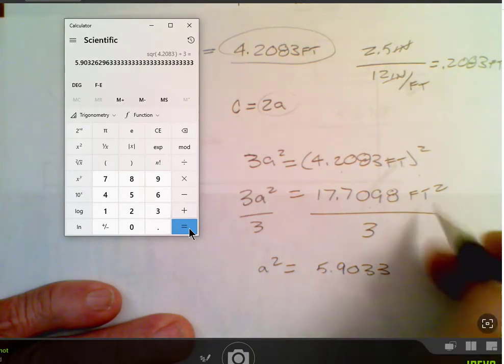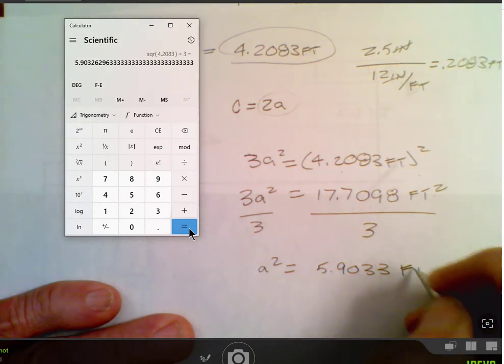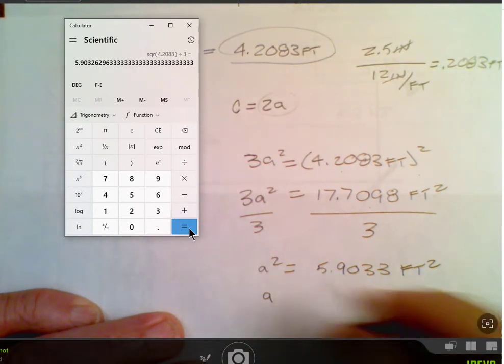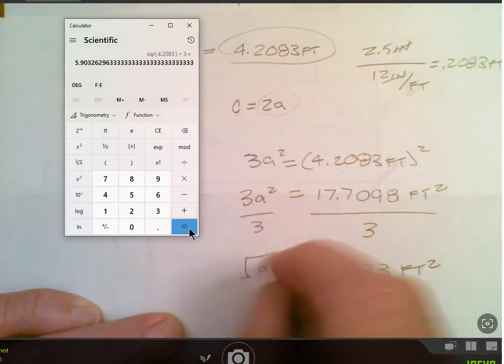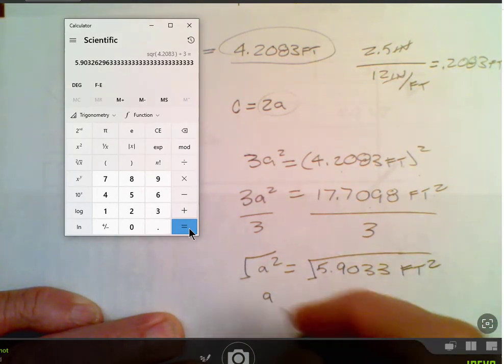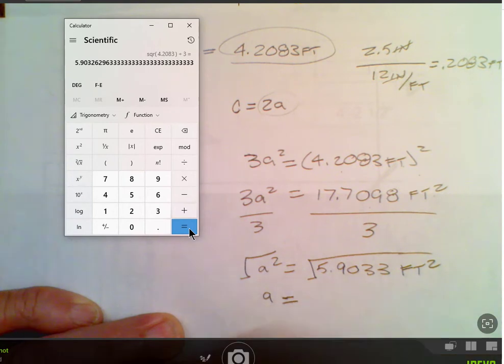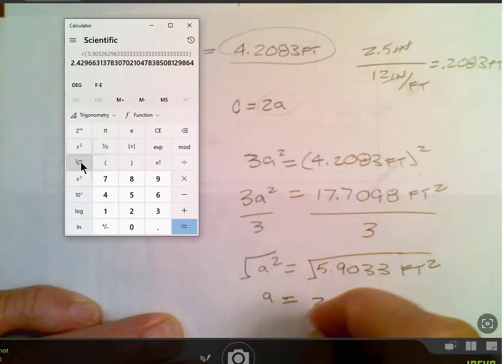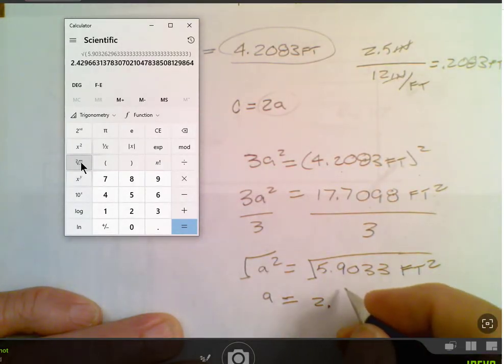Now, what are the units? Feet squared. Now what I want to do is find out what a is equal to. Well, if we take the square root of both sides, which you can do because it's an equation, you're going to say a is equal to, go back to the calculator, the square root of that value, equals 2.4297